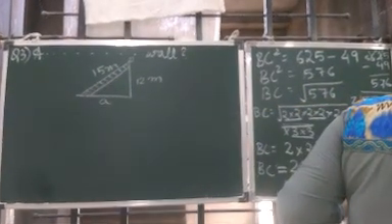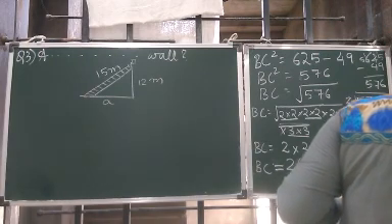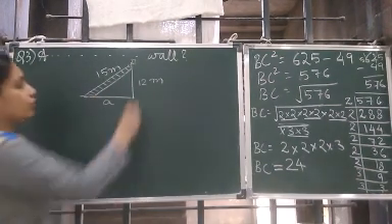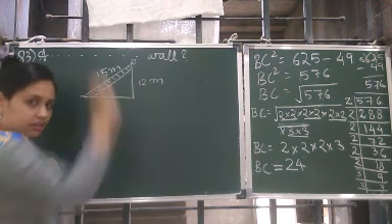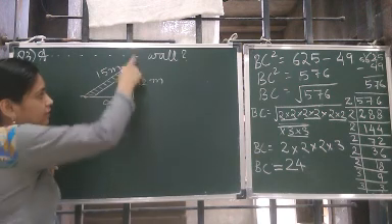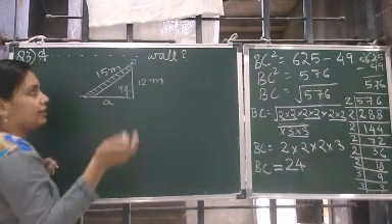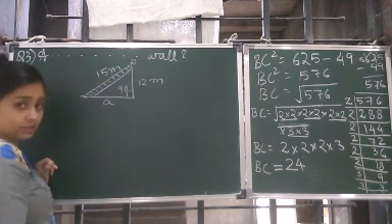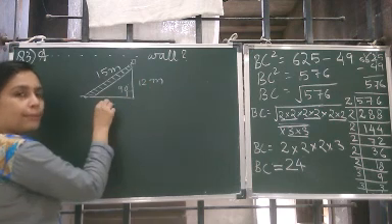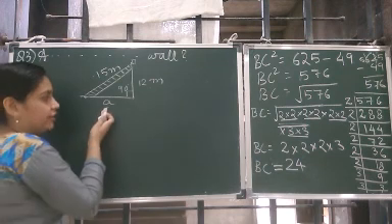So find the distance of the foot of the ladder from the wall. That means we have to find this distance. We have to find a. Now you know this is a building, so obviously it is standing straight, correct? And this is the ground, so it is horizontal, this is vertical, that means this is perpendicular, forming a 90-degree angle, that means it is a right triangle. This is the perpendicular, base, hypotenuse. So using the Pythagoras theorem once again, we find the value of a.